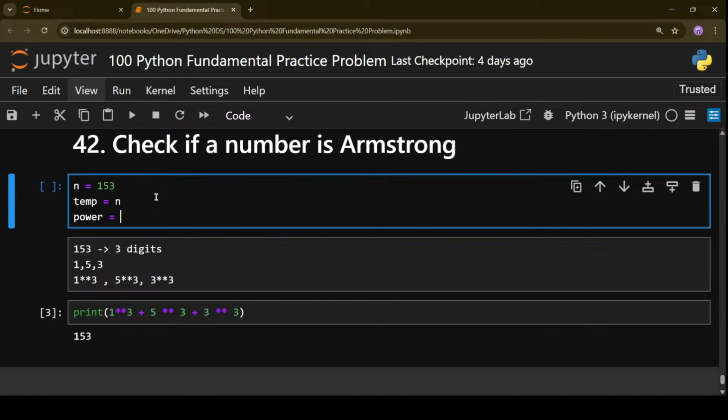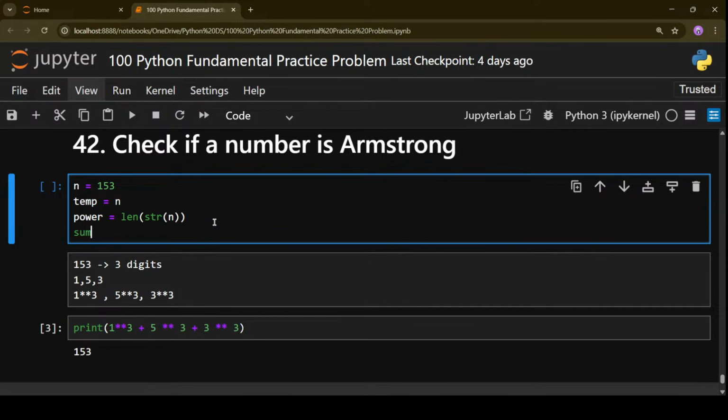Then you have seen how big a role the power plays. So for knowing the power, we need to count how many digits are there in that particular number. For that, the length function does not work on integers, it does not count digits. So we will just convert the number n to string format, and then we can apply the length function. After converting n to a string, it can give me the total count. So it will give us 3, and it will be stored in power.